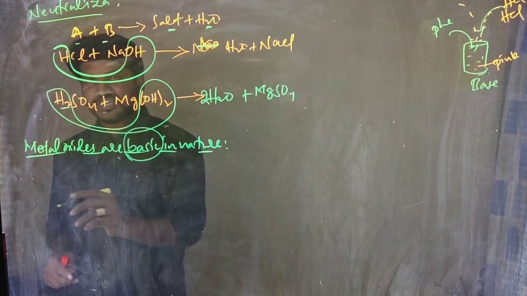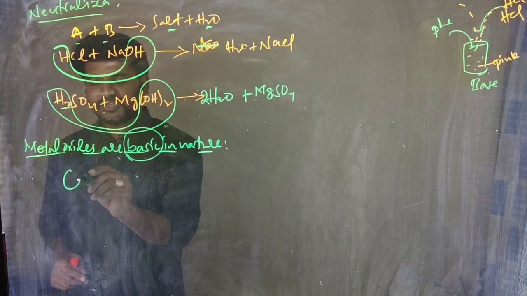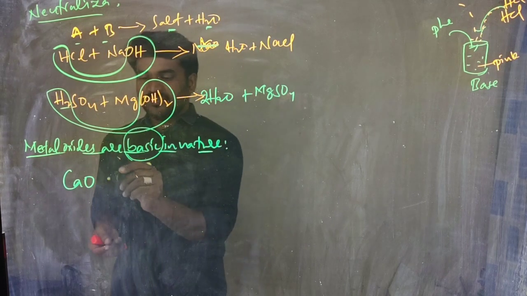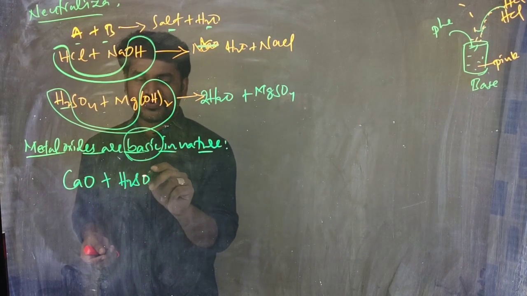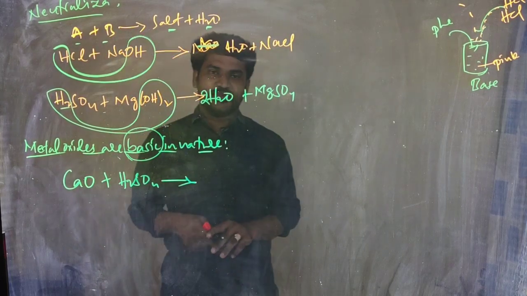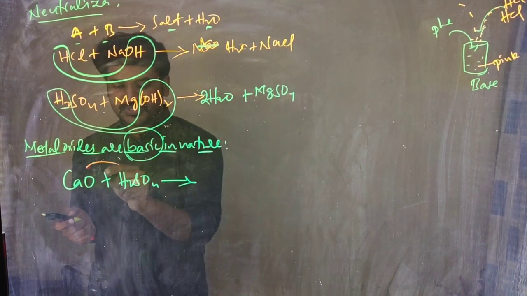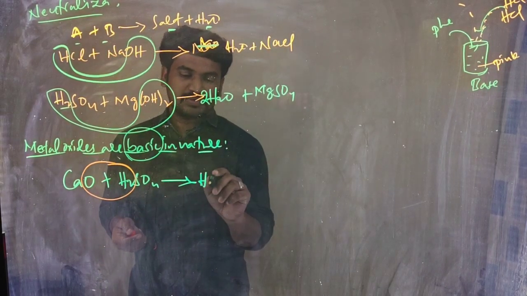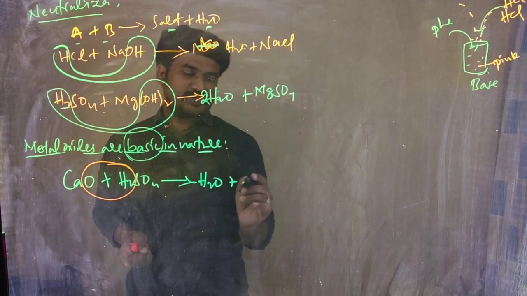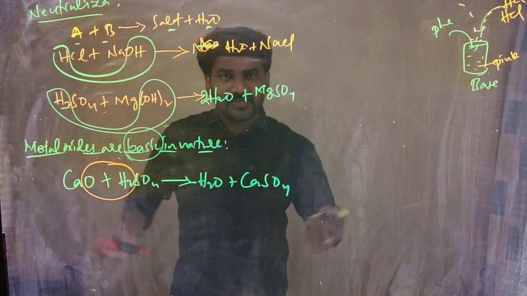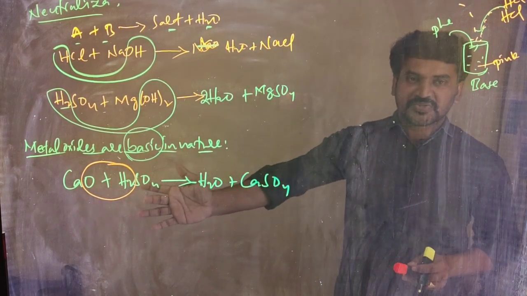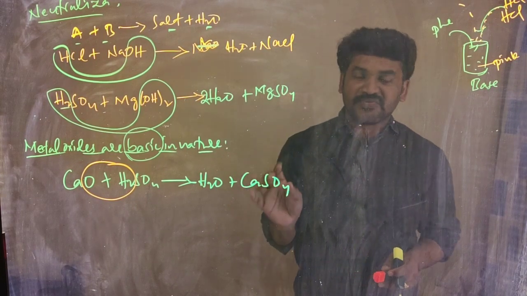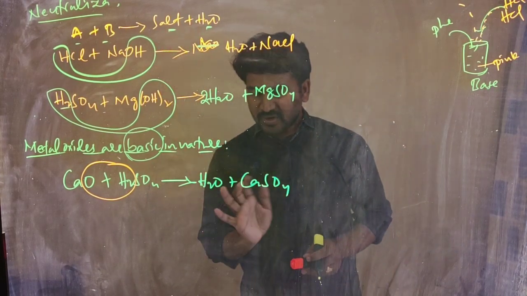Here we will take a metal oxide like CaO. I am taking a metal oxide CaO, that is base, and I am taking an acid called H2SO4. You see this H2O is there, no? H2O, that forms like H2O, and remaining CaSO4, salt. Right? Completed. CaO plus H2SO4. There we got H2O, water, CaSO4, calcium sulfate, salt. Water and salt form, right?